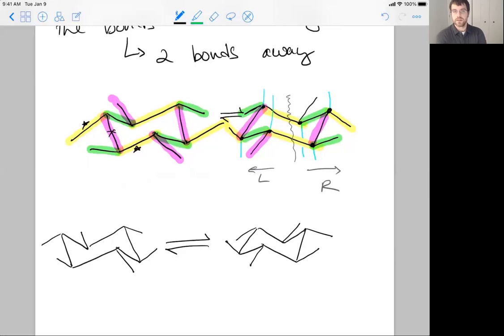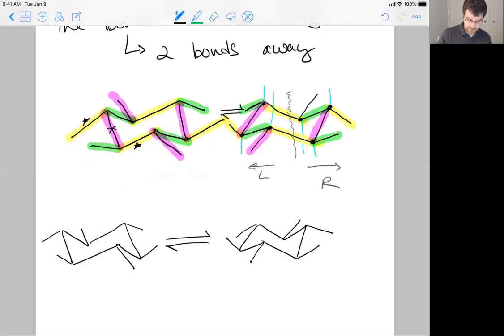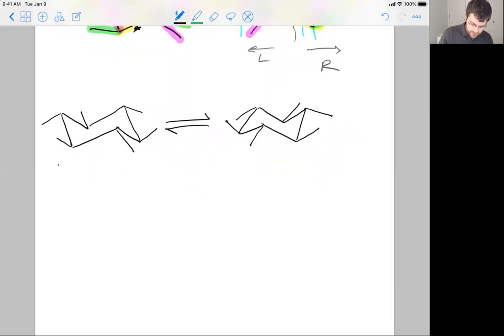There. 6 equatorial positions for each of the chair structures. If you can identify the axial and the equatorial positions, you are in really good shape. The reason why is because we have this ultimate goal that we want to do, where we want to convert a flat structure into a chair structure, okay? So the goal, really, a very important goal, worth a lot of points on exam 3, is going to be draw a chair structure